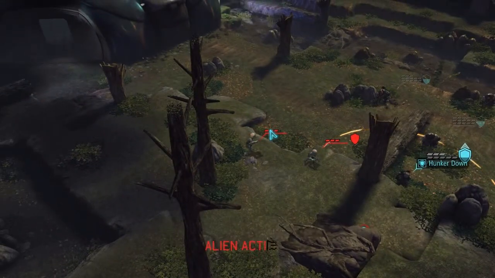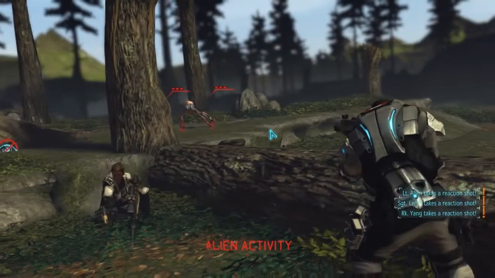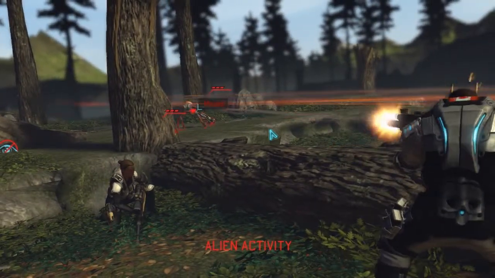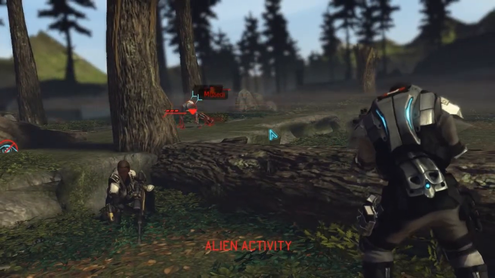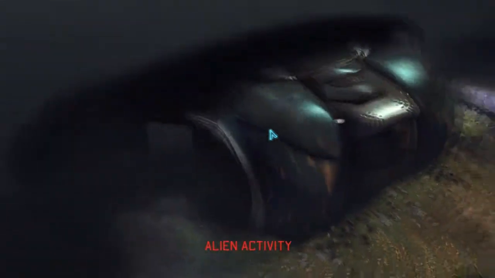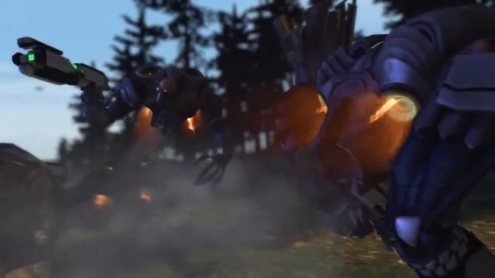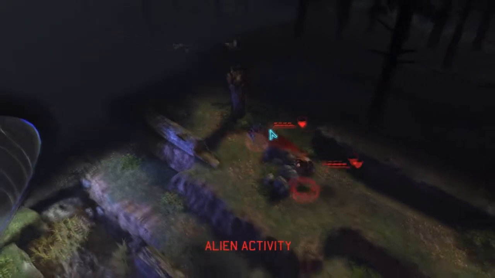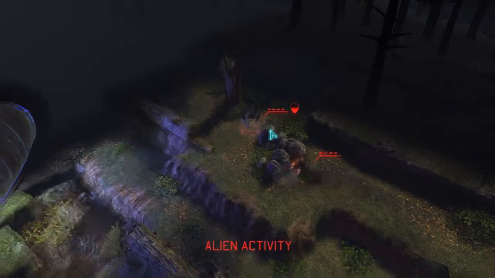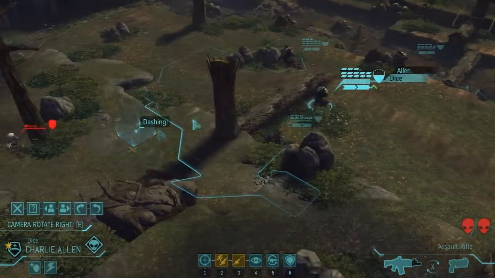Whoa! Whoa! Hello, sectoids. Hey. Whoa. You know, glitches are hilarious, but really? Are you kidding me? That's holy... Whoa, what the hell? So these guys all just happen to appear. I can understand the floaters over here, but the sectoids just appearing? Wow. Alright, well...